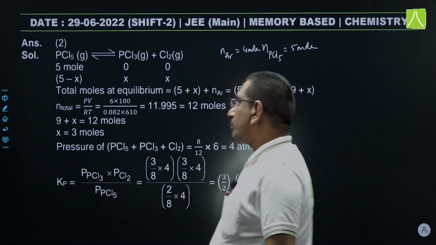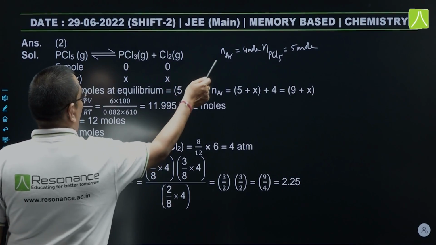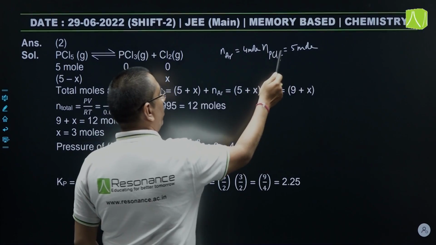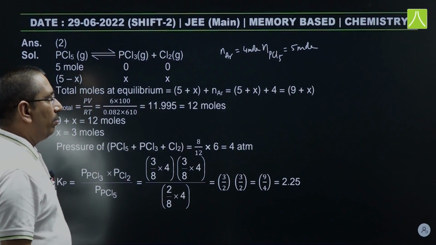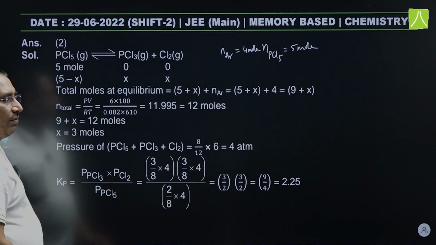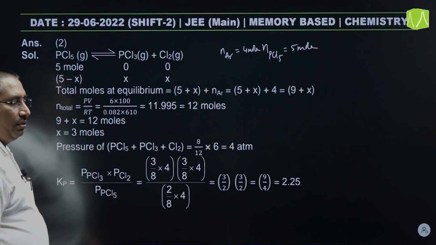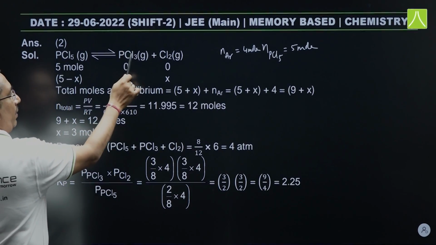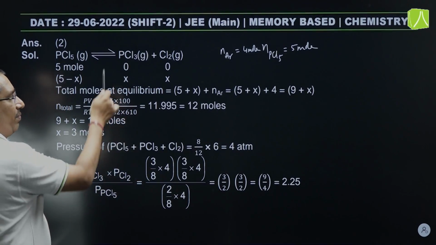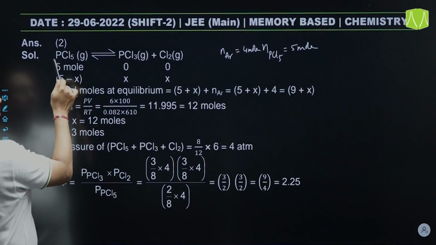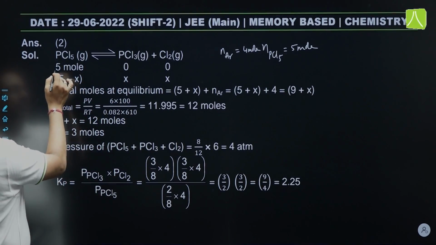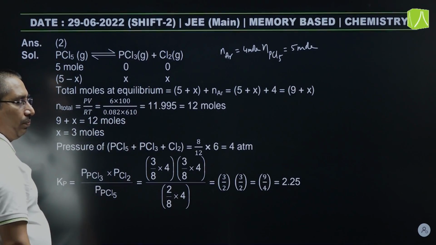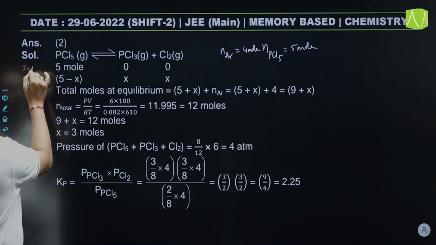अब इसमें number of moles of argon 4 mole दिया है, number of moles of PCl5 5 mole दिया है। Now argon is the inert gas, it will not participate in the chemical reaction. Now PCl5 undergoes a decomposition, I mean it will give PCl3 and Cl2, equilibrium is established between PCl3, Cl2 and PCl5. The initial moles of PCl5 are 5 and initially PCl3 and Cl2 are 0, and at equilibrium